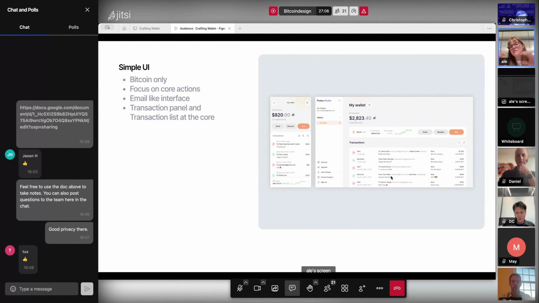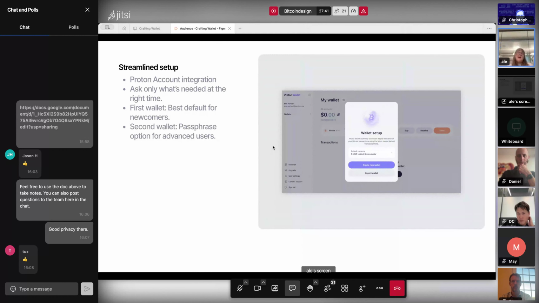So if you look, we wanted to actually put the transaction list at the core, and we tried to make the transaction list like an email. So you see the date, you see who sent it, and then you see the message, or if you have a note to yourself. So I think with this, we try to simplify, and also make things easier to read for the users, not having very intimidating transaction lists. How did we address the second point, the second challenge?